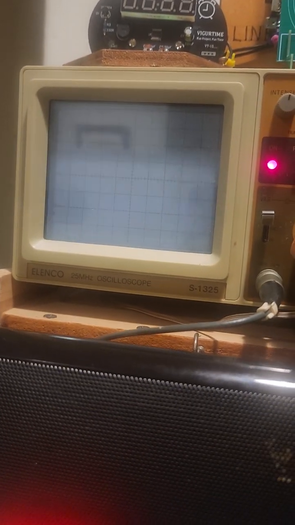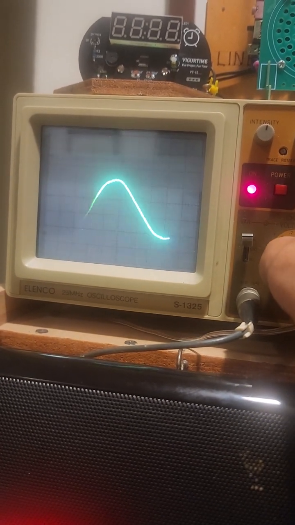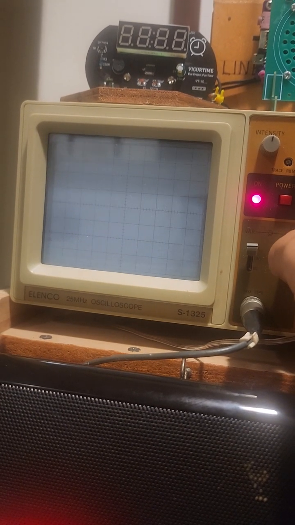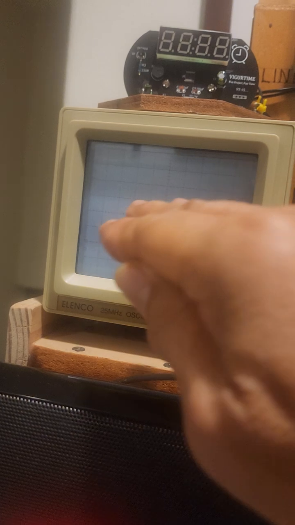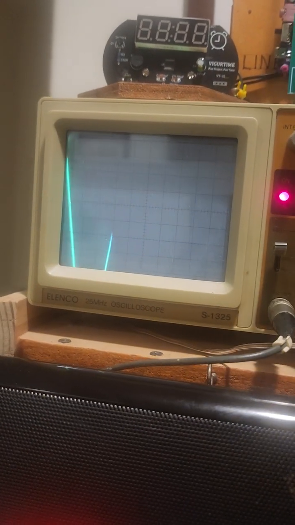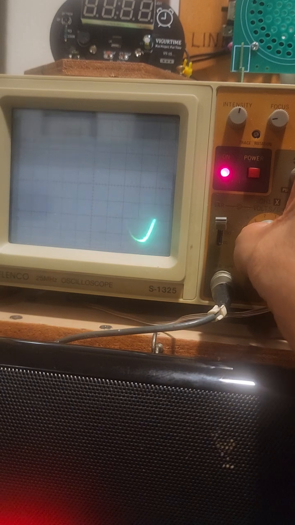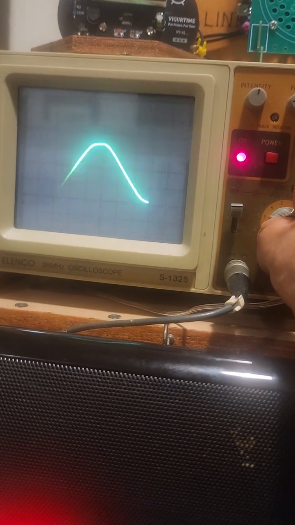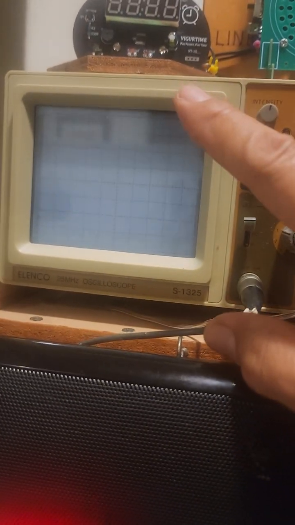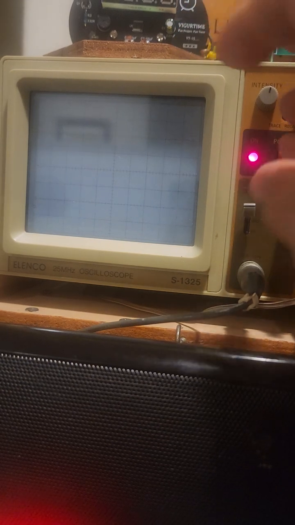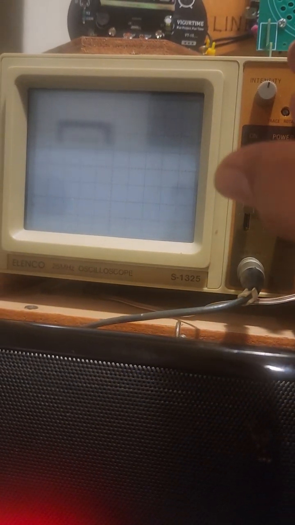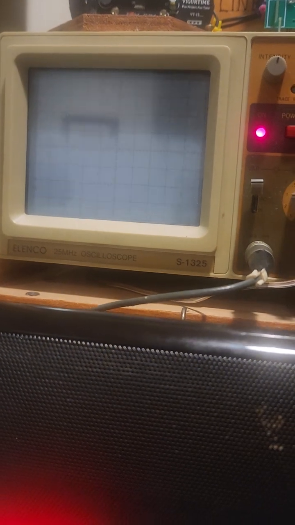Because if I put it on a small volts per division, the graph will become very big and some of it will not be on the screen. So we must choose the setting of this volts per division so that the graph will be exactly at the center of the oscilloscope. So when we are measuring voltage, we could see the volts per division accurately. And one thing more,